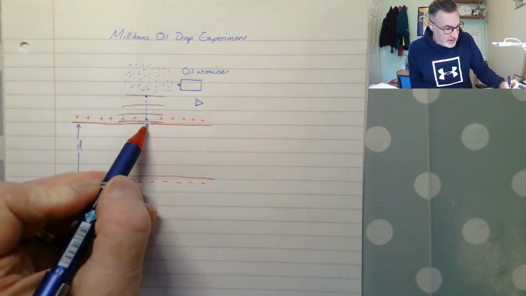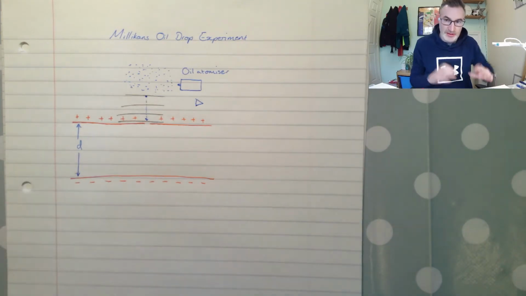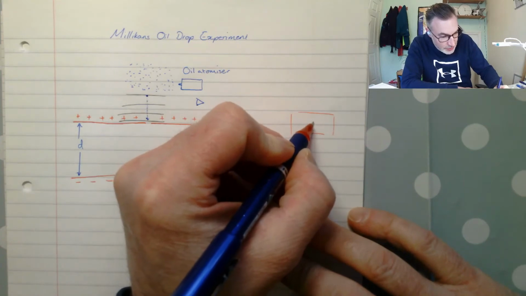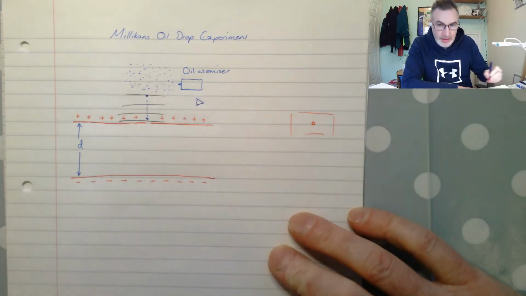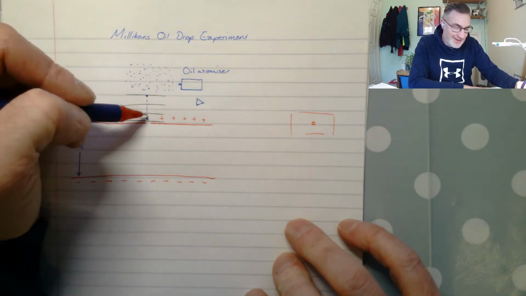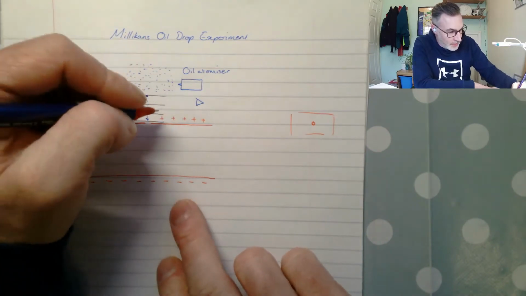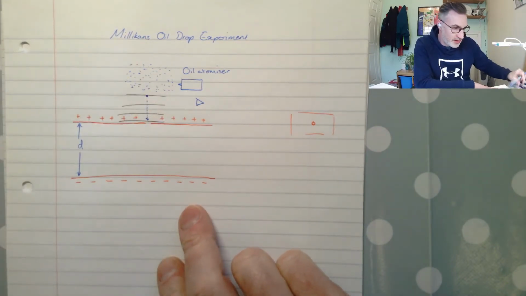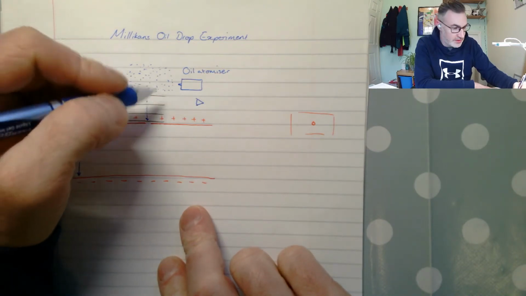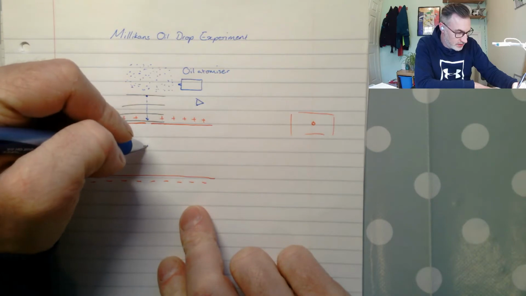But what they did is they drilled a small hole in the top of one of these plates. So if we're looking at it from top down, you have your fixed plate, and then you'll drill a small hole in it. And what you're trying to do is allow single oil drops really to just fall straight through. And so we have this oil drop here, and we've picked this oil drop, and we've measured its terminal velocity, and so now we know its mass, and so it's falling at its terminal velocity,